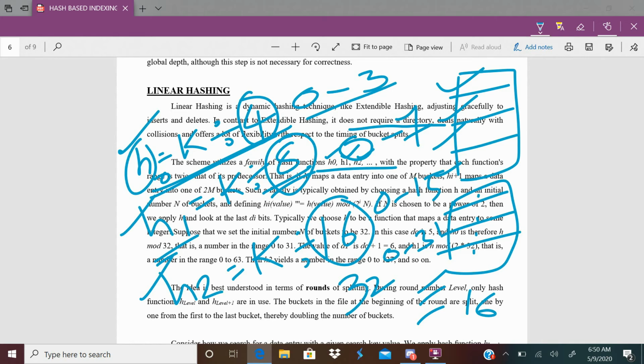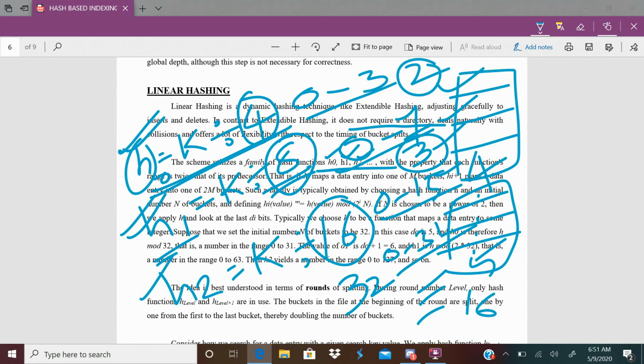0 to 3 in binary is represented with 2 bits. 0 to 7 in binary is represented with 3 bits. 0 to 15 with 4 bits, 0 to 31 with 5 bits. So it uses 2 bits in the h0 function to identify the bucket, 3 bits in the h1 function to identify the buckets.